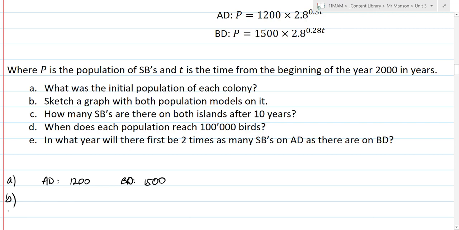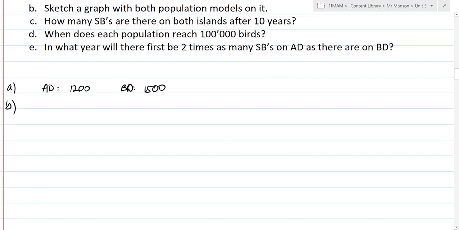B, sketch a graph of both population models on it. So if you're going to ask to sketch a graph in an exam, I would like you to use a ruler, obviously, but there's no real requirement for it to be completely perfect. So this starts at 2000, builds up. The population of, I'll start with AD,